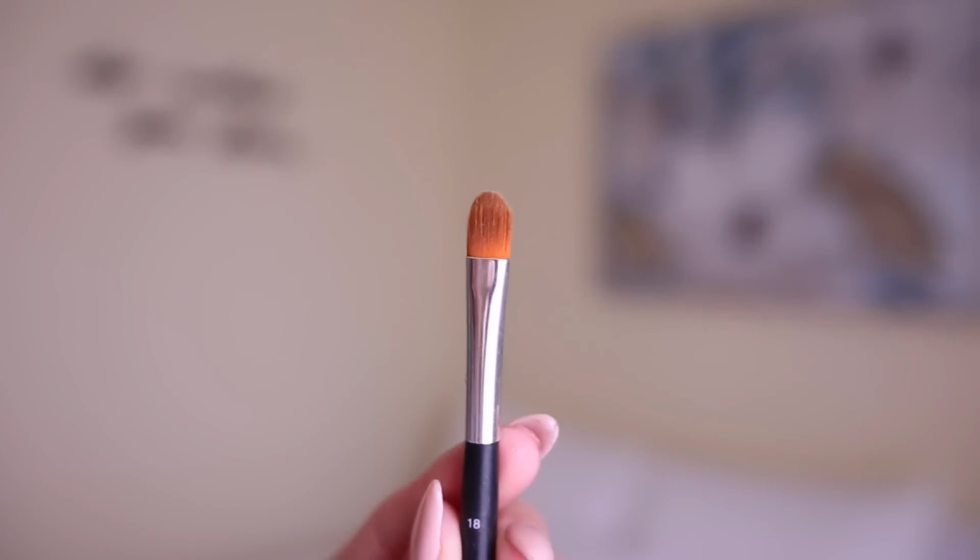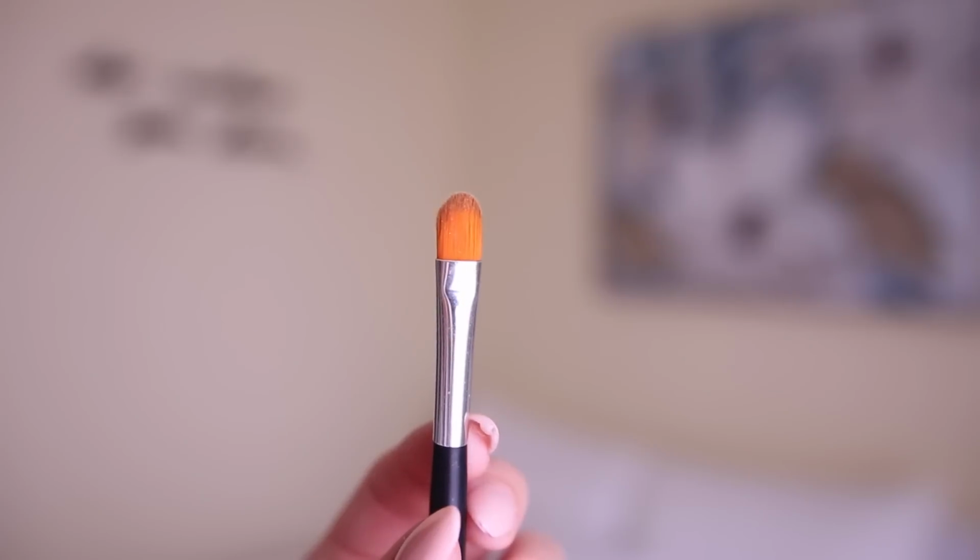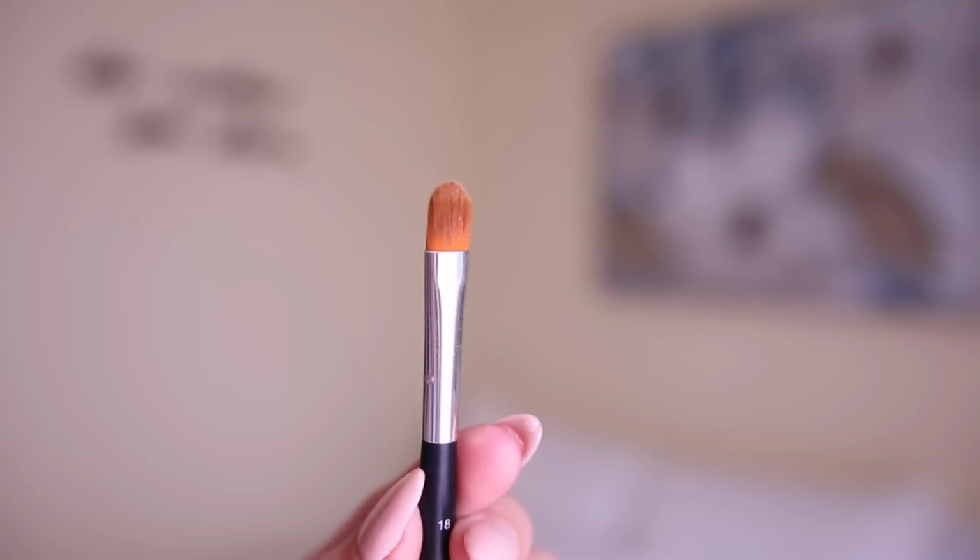This brush is my baby for cutting the crease or for packing on shimmers or glitter. It is the best brush that I have found for packing on color. I have never found a brush that performs like this one. So this is expensive. I have yet to find a dupe for it. If you guys have one, let me know, but everything that I've tried, it just doesn't compare to this. Totally worth the splurge, and I have actually like 3 or 4 of these in my collection at the moment,